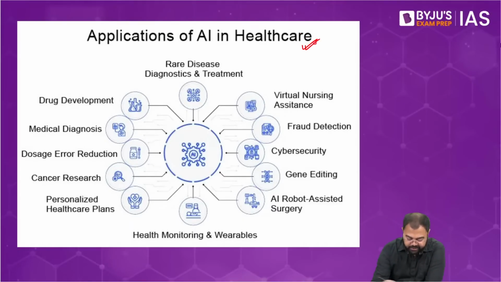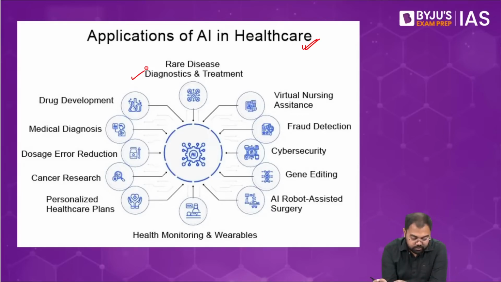First is how it helps in healthcare. Now, in case of healthcare, there are a lot of ways in which artificial intelligence can help. For example, rare disease diagnostics and treatment. So, for the diseases which have remained an unsolved mystery for us, or where we haven't been able to find something where we can use it wisely or understand it better, we see that in all these cases,